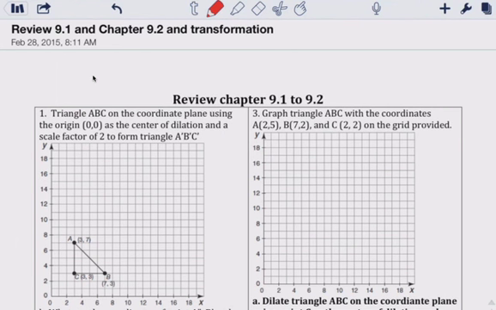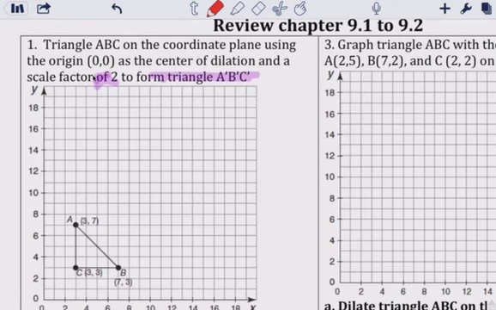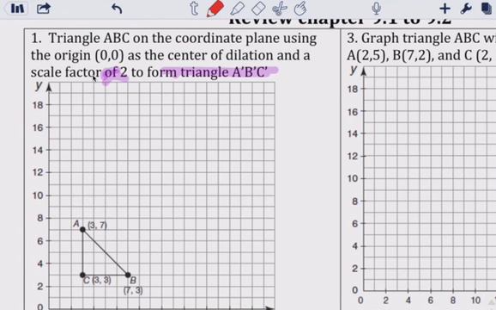Coordinate plane using the origin (0, 0) as the center of dilation and a scale factor of 2 to form the triangle A prime, B prime, C prime. Okay, so here we go. The center of dilation is (0, 0) right here, so that stays the main focus. Scale factor of 2 means they want it 2 times larger. So we just multiply all the coordinates by 2, both of these by 2, so A prime would be